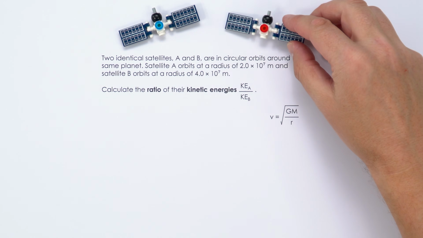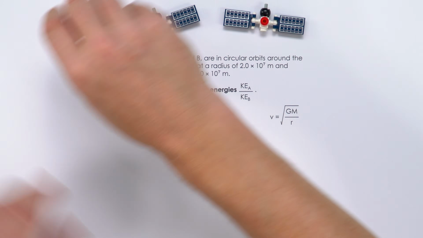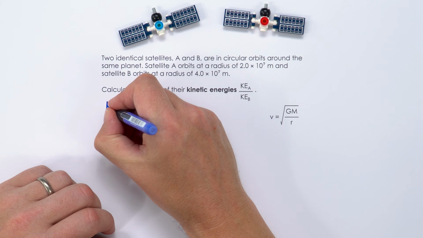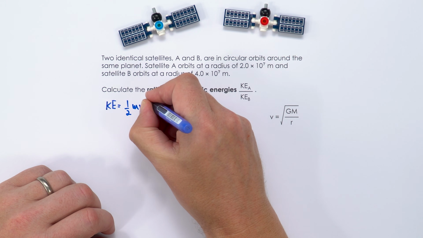This question is about two identical satellites orbiting at a different distance from a planet, and we want to look at the ratio of their kinetic energies. So I'm going to say that the blue one is satellite A and the red one is going to be satellite B. Now, we know that the kinetic energy of something, KE, is equal to a half mv squared, and